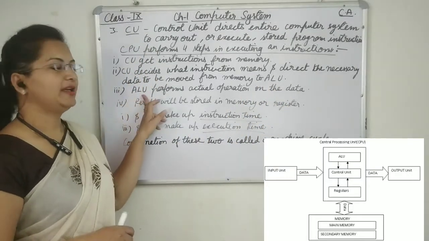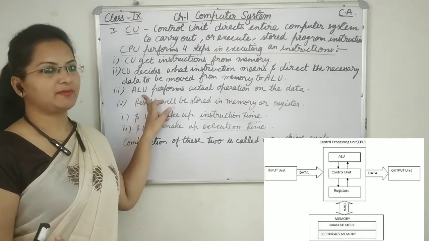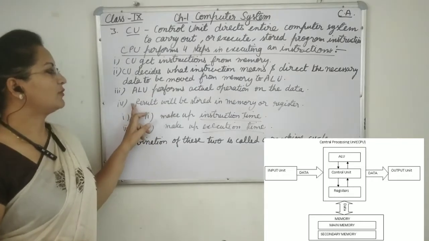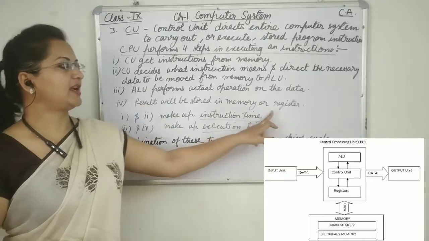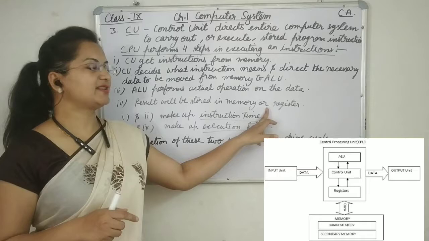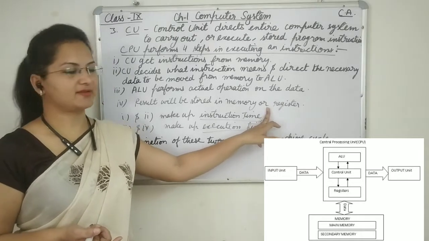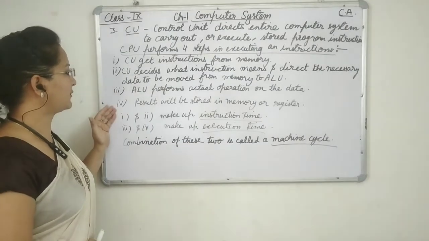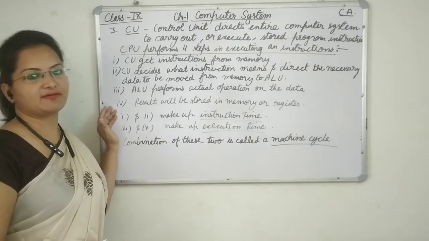Then after that, the ALU, you know very well, will perform the calculations. That means it can be arithmetic calculations or logical calculations. Then after that, whatever answer we get from the ALU will be stored in the memory or it can be stored in registers. We discussed registers. Whatever result we get from the ALU will be stored in registers. Then after that, these are all 4 processes carried out at the time of execution of every instruction.